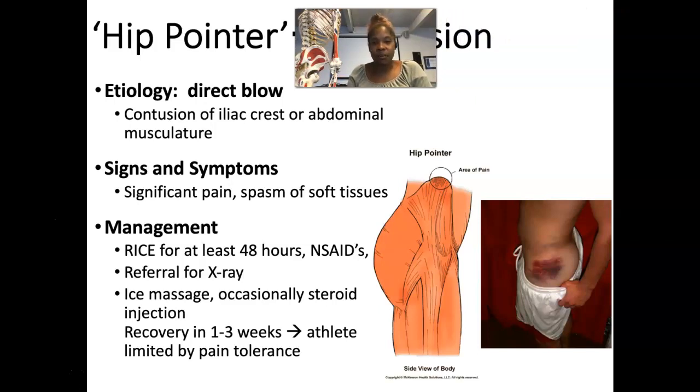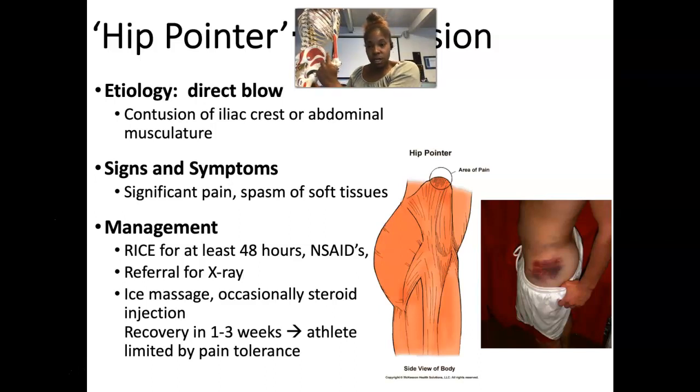So in terms of management of a hip pointer, it's very similar to that of a quadriceps contusion. You're going to rice for at least 48 hours. Give them some NSAIDs if they're in pain and if they have swelling. And then one of the concerns with hip pointer injuries is that because the ilium is so bony and is not protected by as much musculature, when we take a direct blow to such a bony region, you could in fact have some type of fracture. So if you're concerned about that, just refer out, get them an x-ray to make sure that there isn't a fracture. Most often there isn't, but you still have to be concerned because this bony region of the pelvis is